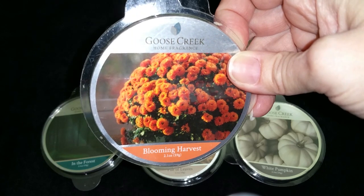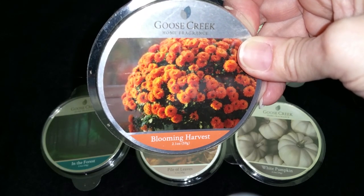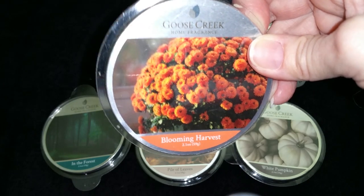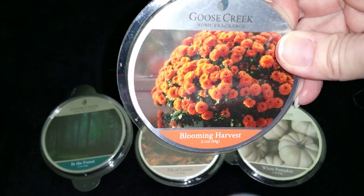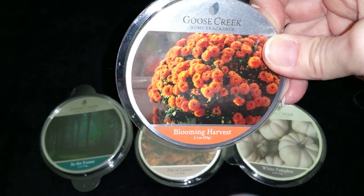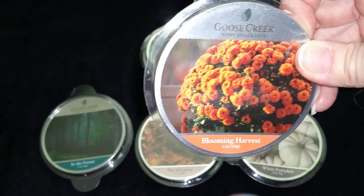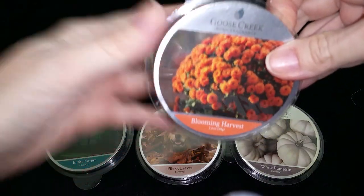Chrysanthemums don't have much of a scent other than an odd, bitter, brown leaves type scent. This Blooming Harvest scent captures it well, though. I would not know it was mums if I didn't see it in the notes, but now that I do, I can smell chrysanthemum. It's kind of like a slightly sweet but bitter floral scent mixed with old brown leaves and a hint of apple,